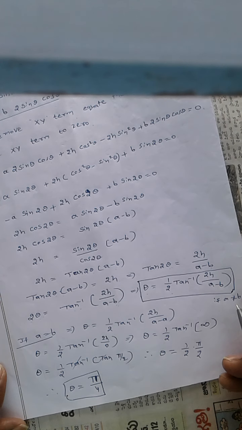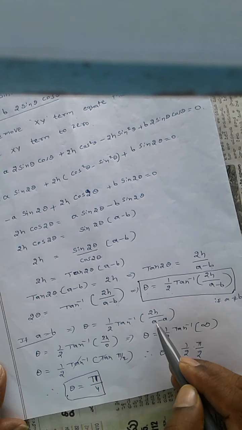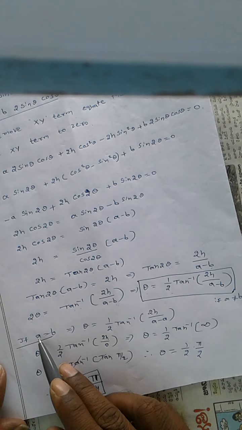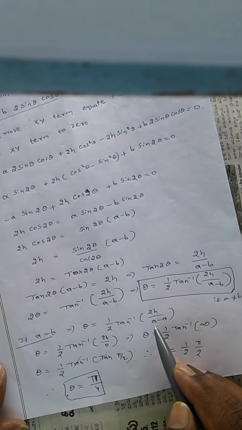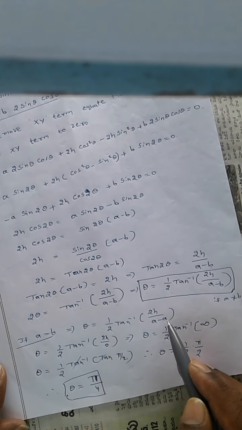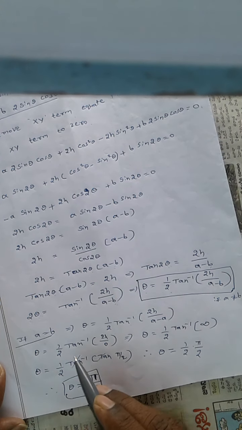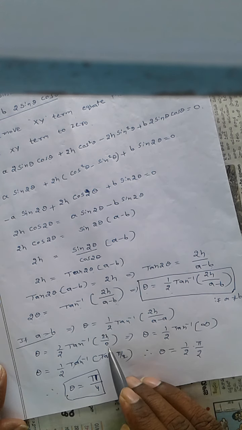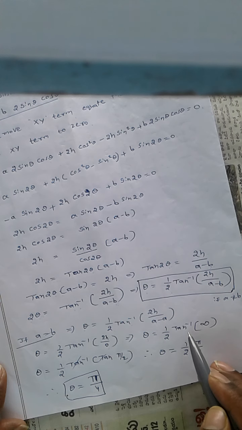This is if a is not equal to b. Suppose a is equal to b, what happens? If a is equal to b, theta is equal to 1 by 2 into tan inverse of 2h by a minus a. Since a is equal to b, you can take a minus a or b minus b, whichever. What happens here? 2h by a minus a is what? That is 0. That implies theta is equal to 1 by 2 into tan inverse of